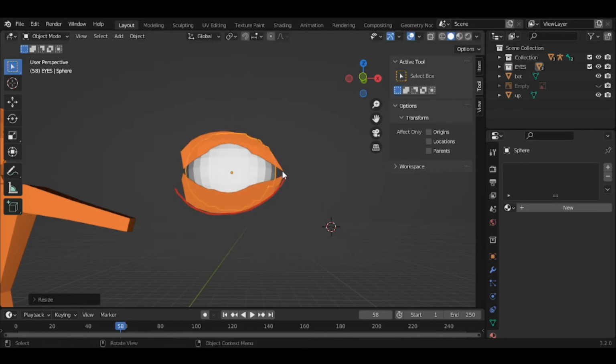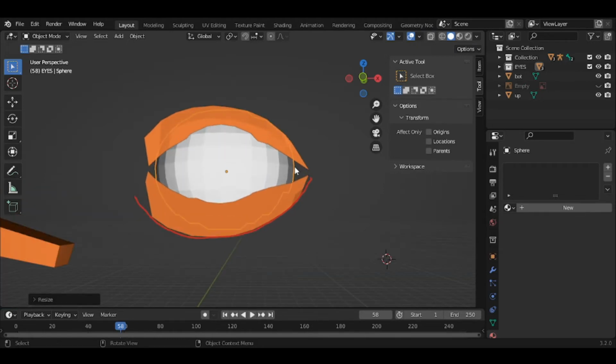Because over here, but right here, where my mouse is, you see right here? You can throw a plane or something there for that little meaty part. You can add that little meaty part right there. Even over here, you can add the little meaty part. Alright. So